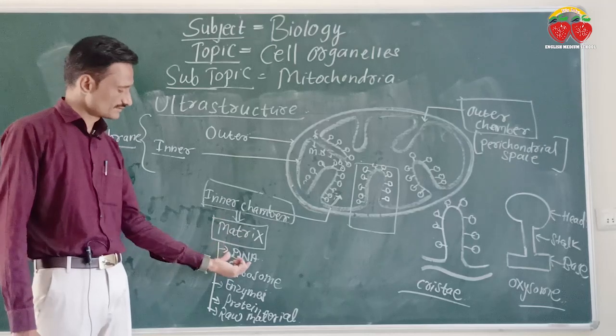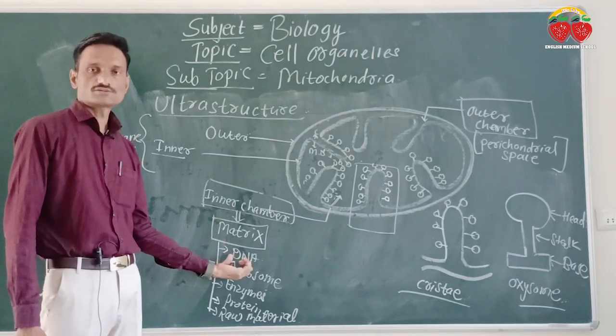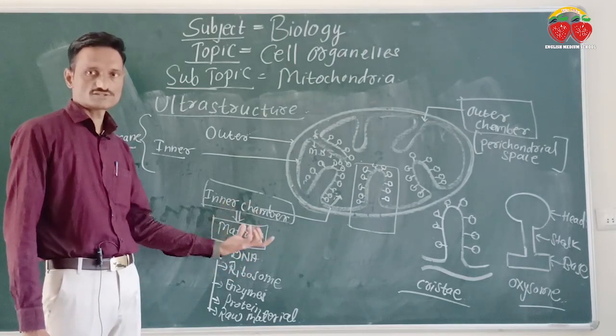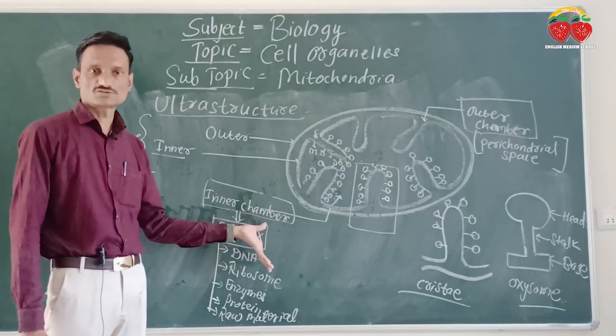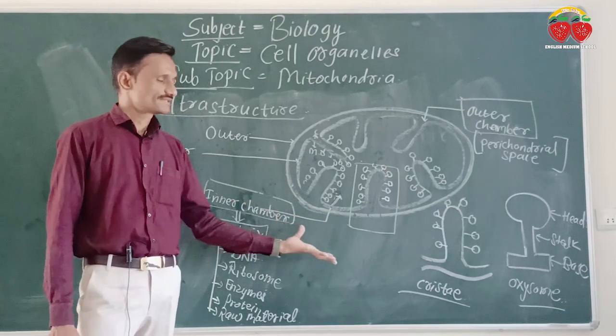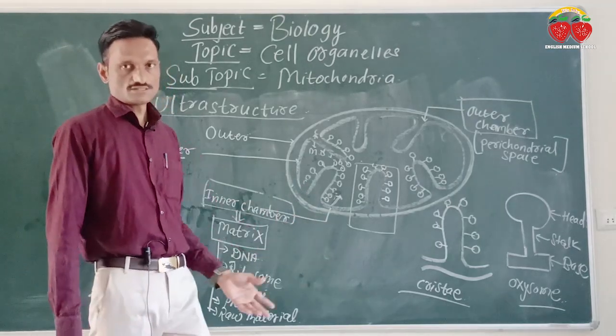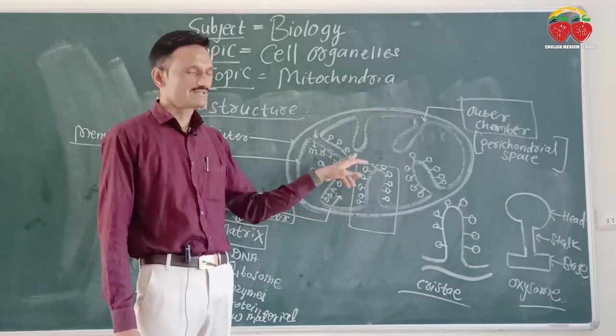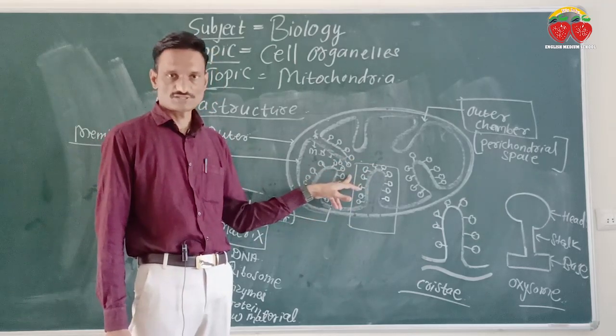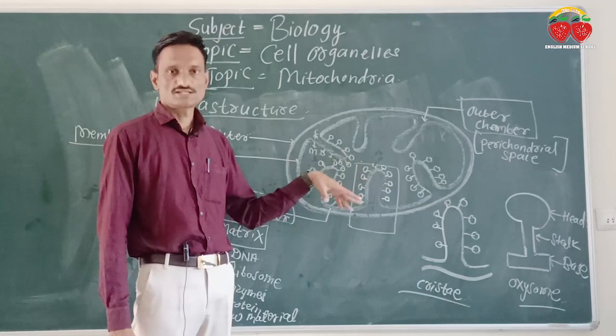Due to the presence of DNA, the mitochondria performs some functions autonomously, and that's why it is called semi-autonomous. And the function of mitochondria we already discussed: it is the powerhouse of the cell, because here a number of ATPs are synthesized during oxidative phosphorylation, and that ATP they utilize for the